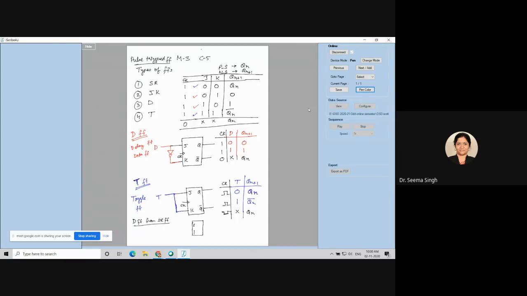If it is an SR flip flop, it is the same. You have to put a NOT gate here, because you all know that the first three rows of JK and SR are the same. So the second and third rows are used here for the D flip flop. The same second and third rows of the SR flip flop will also be used as a D flip flop. So a D flip flop is possible to make from an SR flip flop.